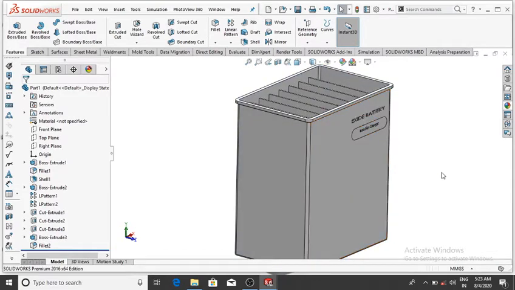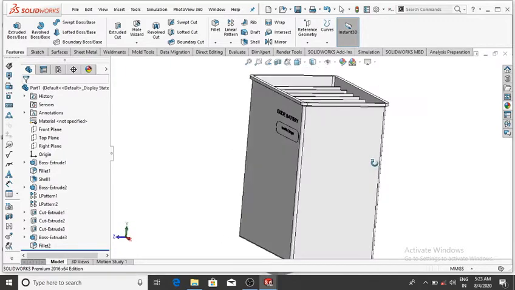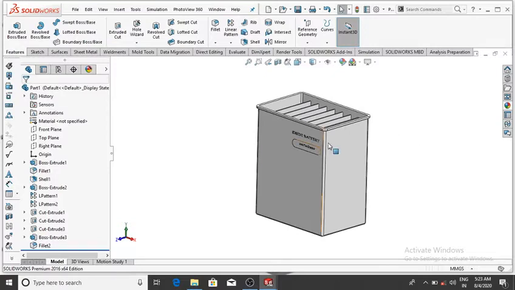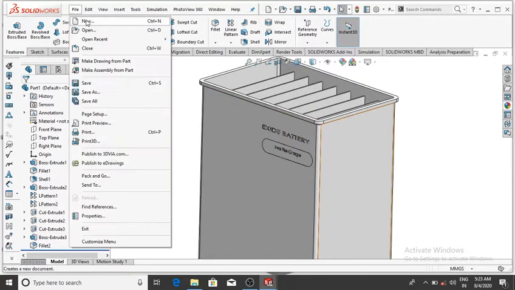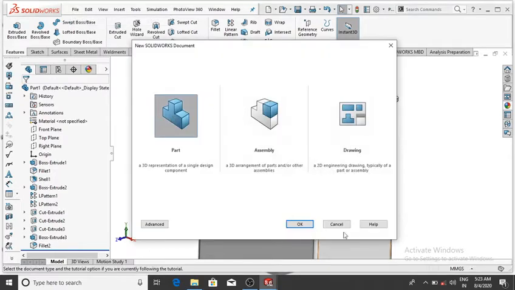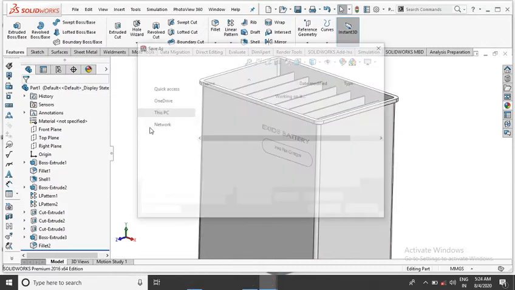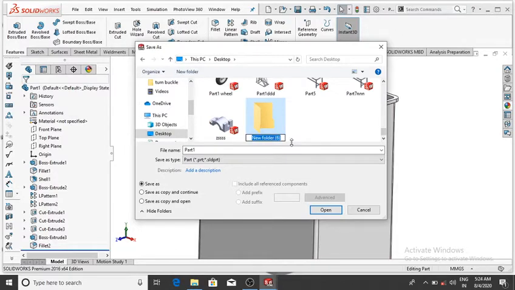Now we design the body of the battery and again we design the upper part of the body. So simply save this body design. So go to the file and select save as, and go to the desktop and click new folder and make it battery design.